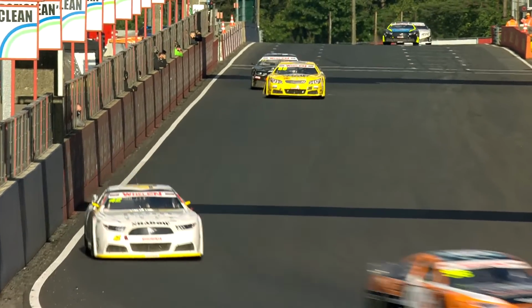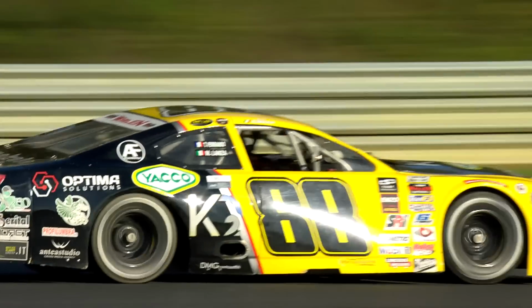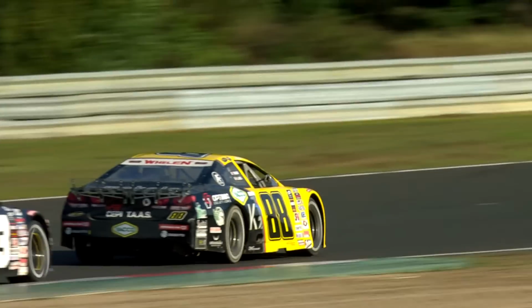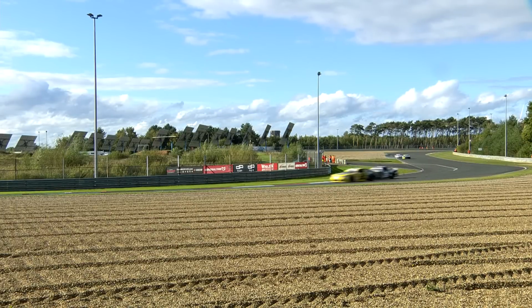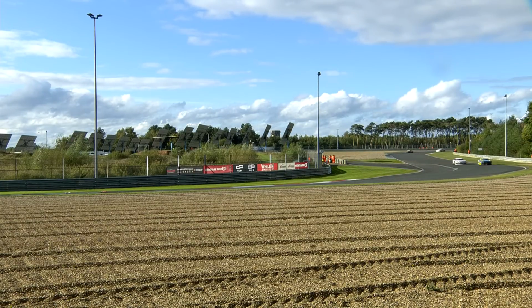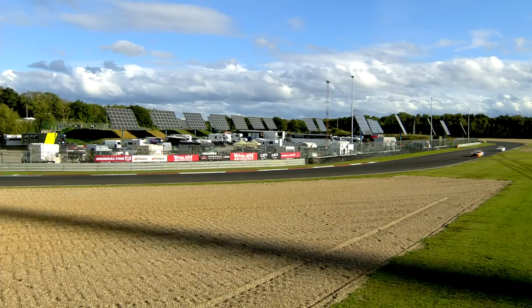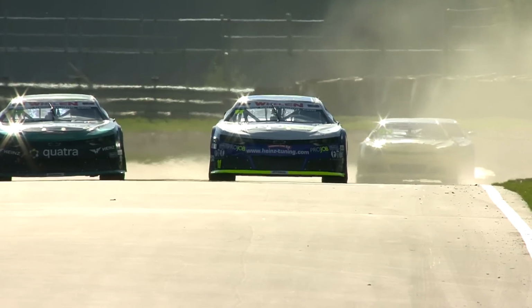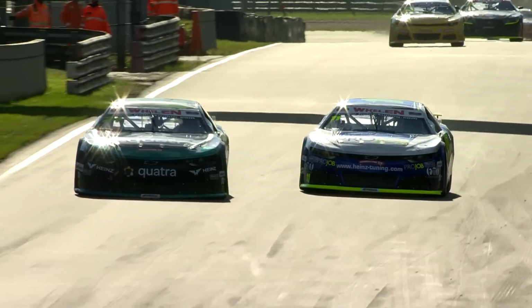Now on that lap, the gap first to second came down and is now just 0.3 of a second. Number 88 carrying a bit of damage, that's Tomo Ferrando, former EuroNASCAR 2 champion from a few years ago, under pressure from his fellow countryman Luca Lasserre, double former champion, the number 33 car. But it doesn't look as though Luca is able to unlock the door there, the 41-year-old Frenchman having to sit behind, and now all of a sudden we are side by side for the lead of the race